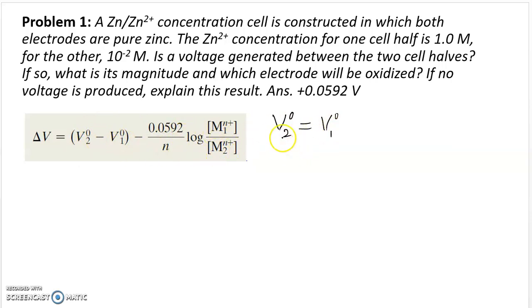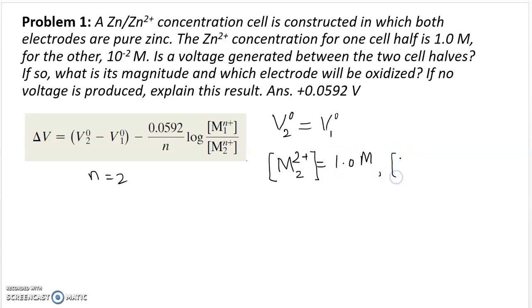V2 corresponds to the cathode side, so M2 will be the molar concentration for n plus. What is n? n is the valency. Valency in this case is 2. So M2 2 plus, the concentration represented in these square brackets, will be 1.0 M,